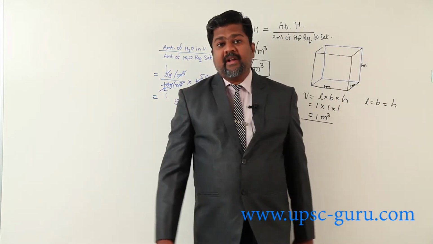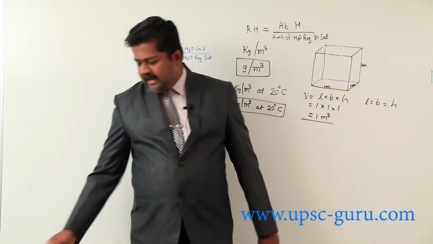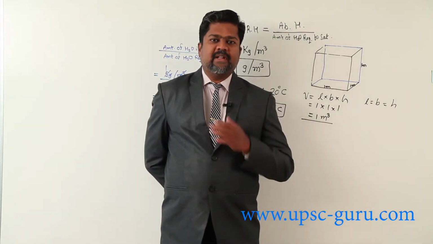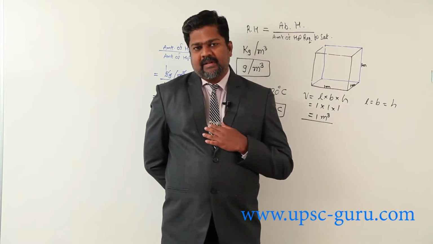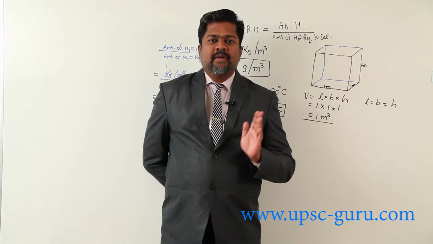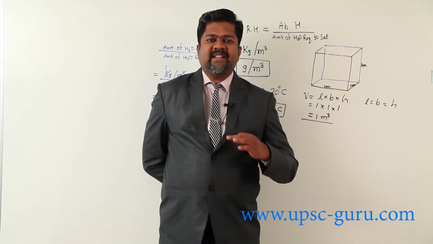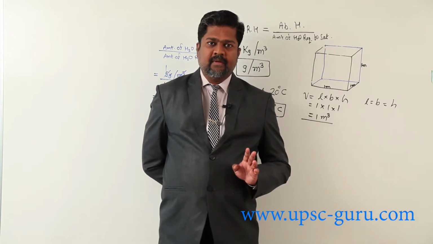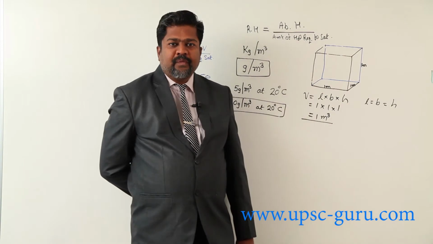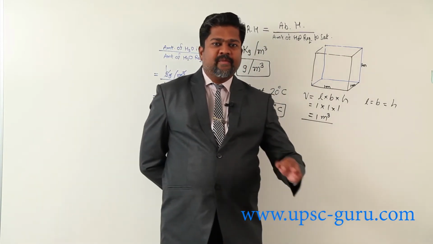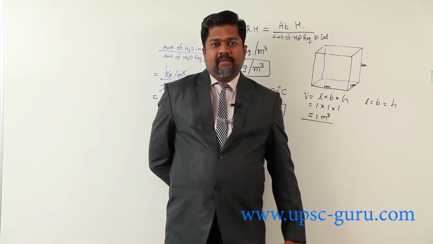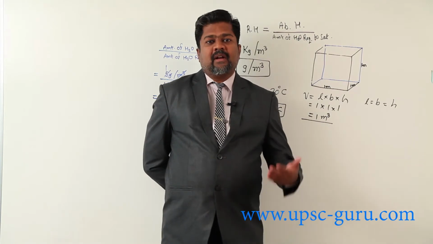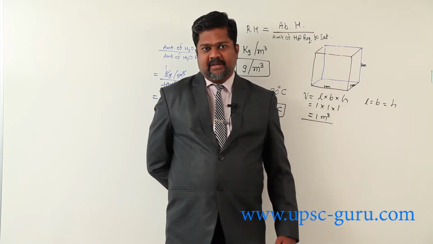Now the relative humidity concept is important. We can predict various facts with respect to relative humidity and not with respect to absolute humidity. Say, for example, usually if relative humidity is greater than 60%, we call that air humid air. Humidity is more. Now we are staying in Mumbai, our classes are at Mumbai. We are saying Mumbai has a humid climate. What is the meaning of that? The relative humidity is greater than 60%.